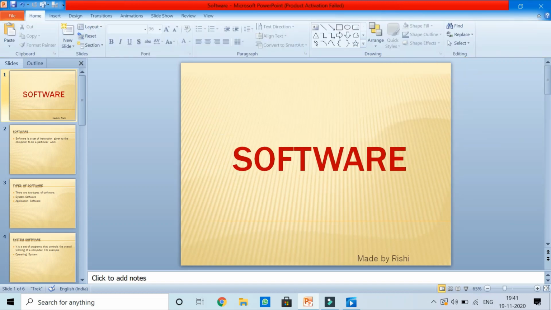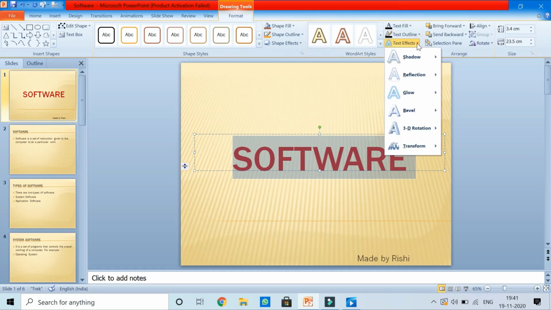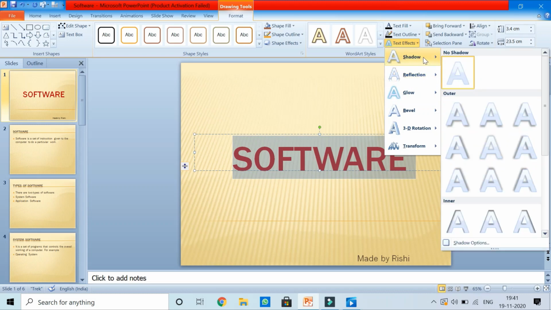Instead of reflection, I need shadow on it. So again you click on this, go to the Format tab and Text Effect, and then you can choose the shadow option from here, and there are different sub options in the shadow also. No shadow, just now there is no shadow.